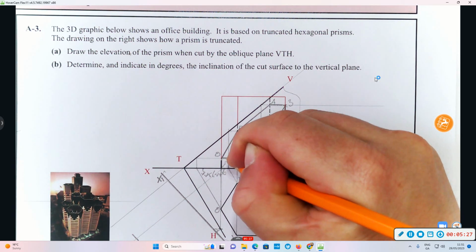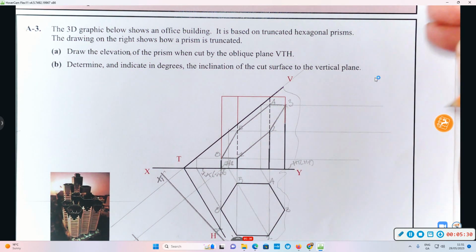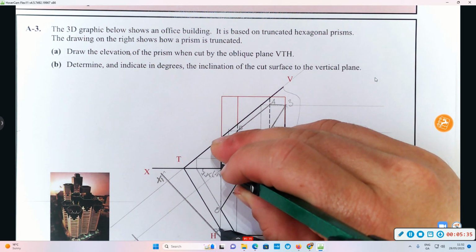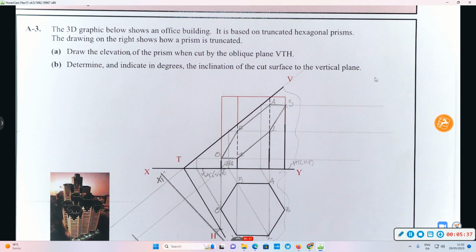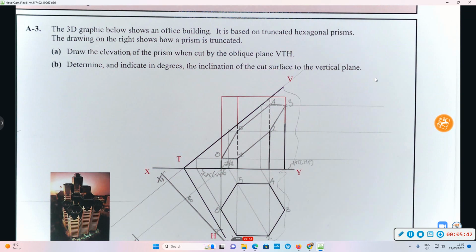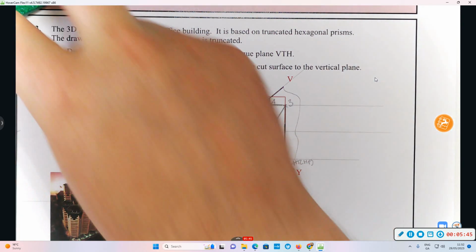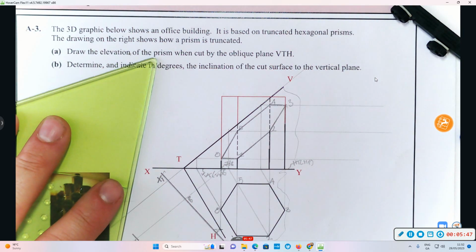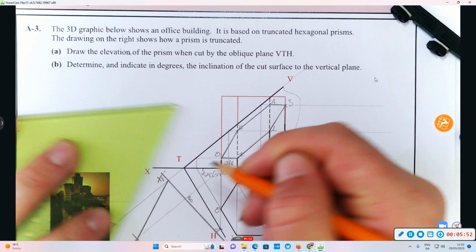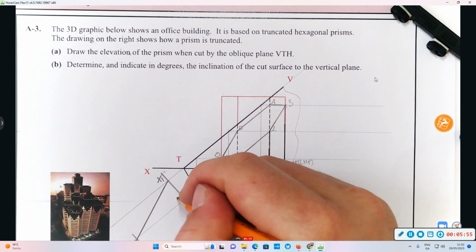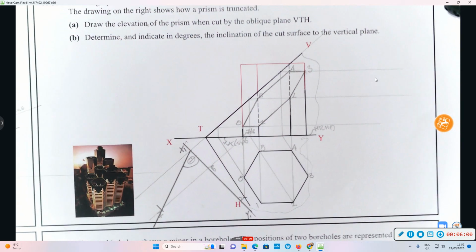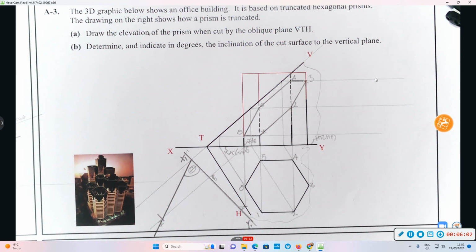Now line 7, 8 is a point view in elevation. And for an auxiliary plan, you take the distances from your XY line down to plan. That's why I'm taking that distance there. That's 8 and that's 7, right? And that is a point on this oblique plane because it's on the HT in plan. Now, I'm going to connect that through. And here is the true inclination of the cut surface to the oblique plane,